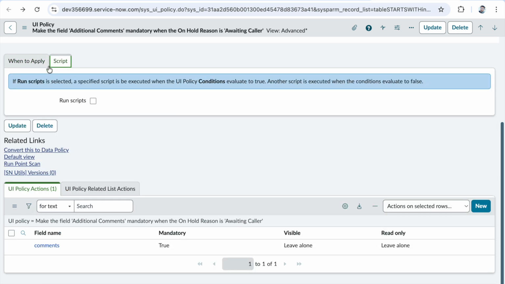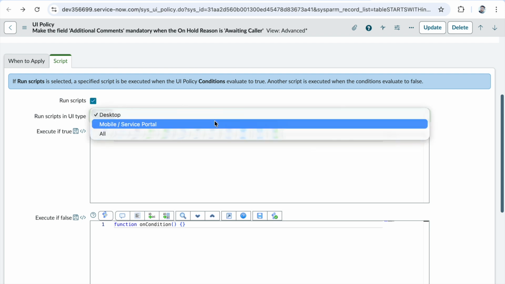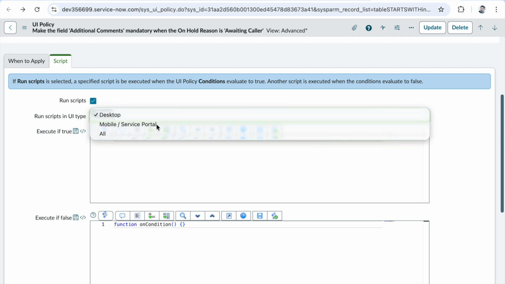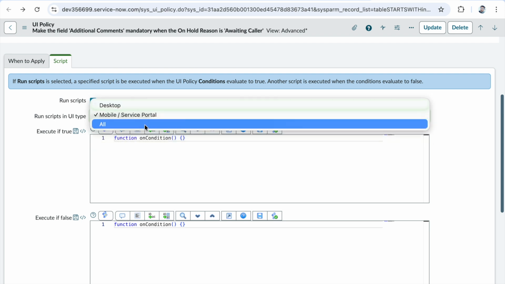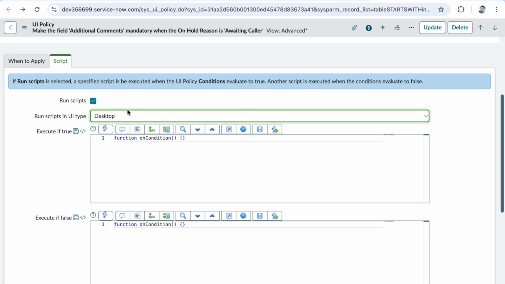What I mean by that is, you have a script condition over here and the run scripts. You can specify the UI type. So if it is desktop you want to run, mobile service you want to run, or all you want to run, you can specify the UI type and execute if true. When the condition executed true, what conditions you want to execute, and when condition executed false, what you want to